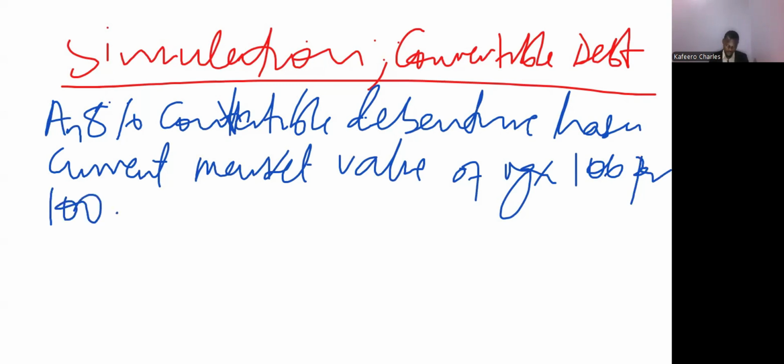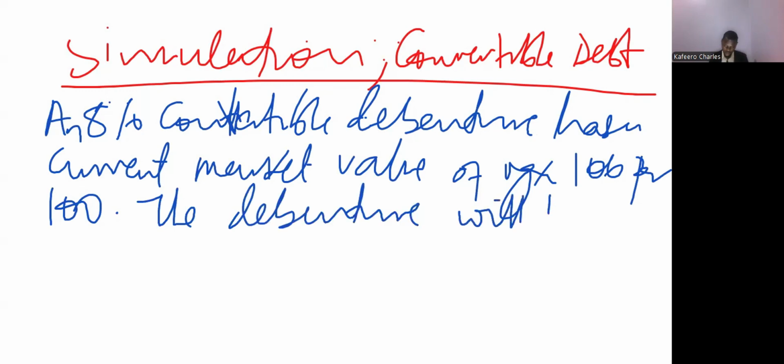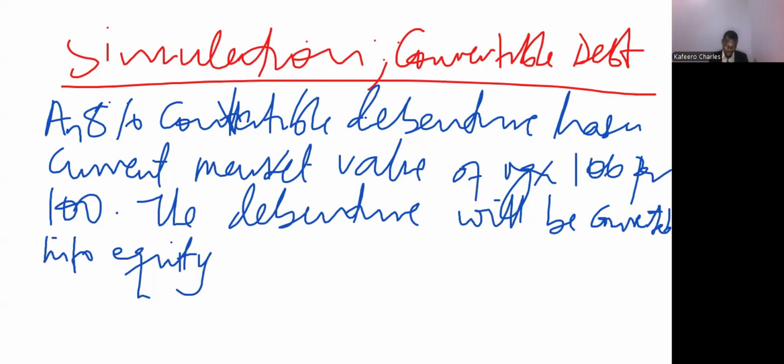The debenture will be converted into equity shares